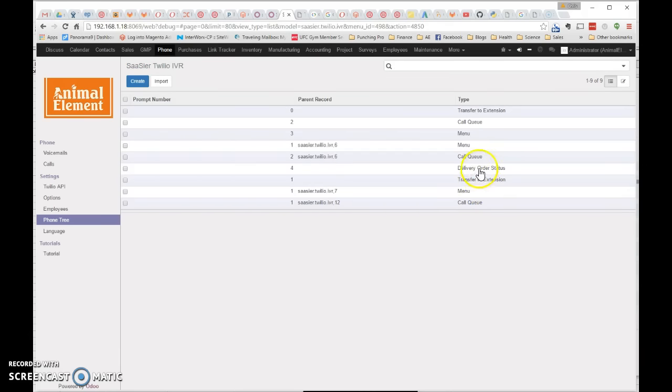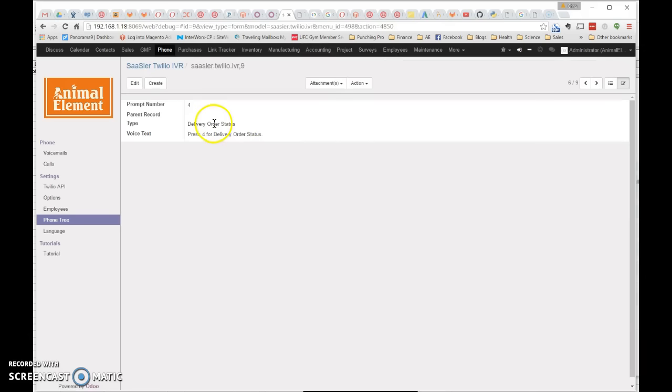Another option we've got, so we've got our menus, we've got our call queue. Another function we've built in here is called delivery order status. This is a little function we've written in. It integrates with our shipping module. What it will do is go into the inventory section, into delivery orders, and look up this customer. So it will do a caller ID lookup on the client, find their record, find their last sales order, find the delivery order, and then it will do a text-to-speech conversion, and it will